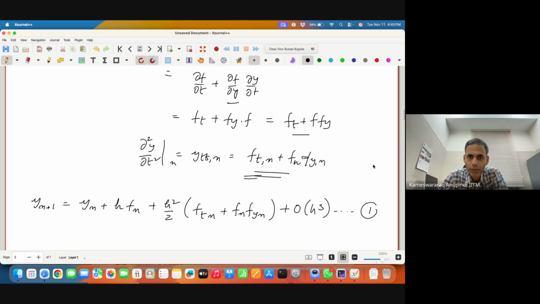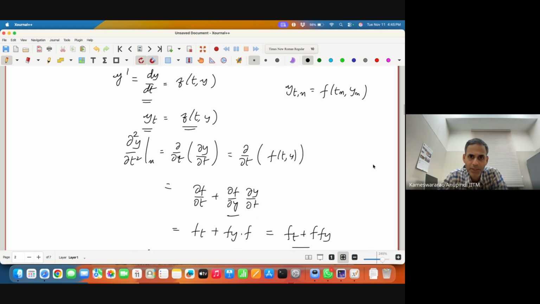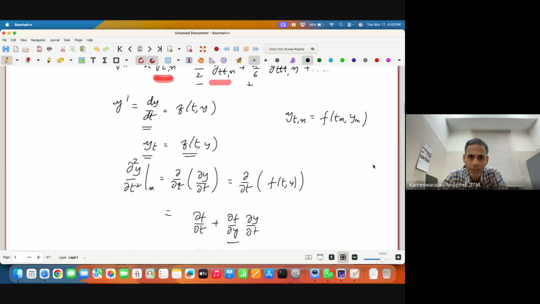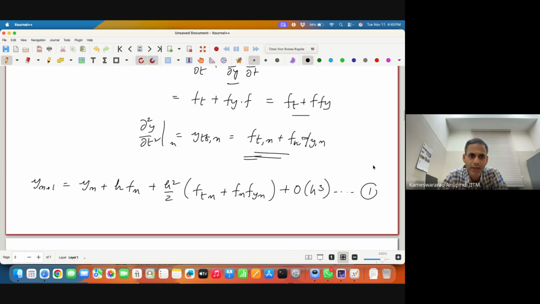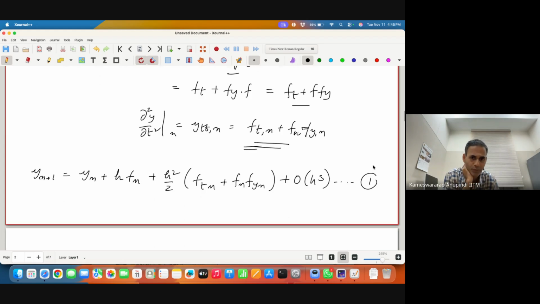Actually, there is nothing new we have done till now, right? This is basically the same Taylor series expansion which we have used in Taylor's method. But in Taylor's method, we said that you have to evaluate f_n, f_t_n, f_y_n, and so on, so that you get some kind of a second order accurate method, which we said is not well behaved, and many